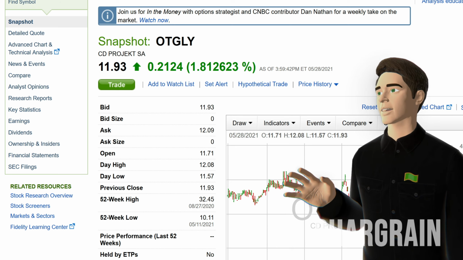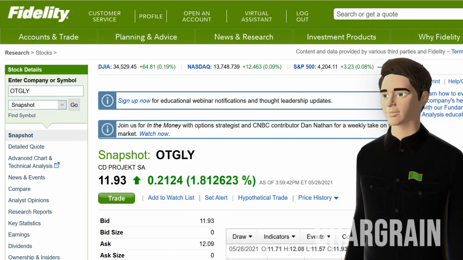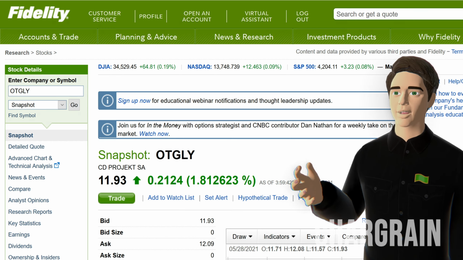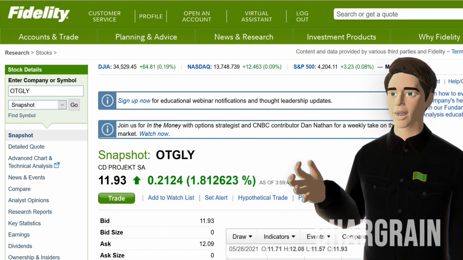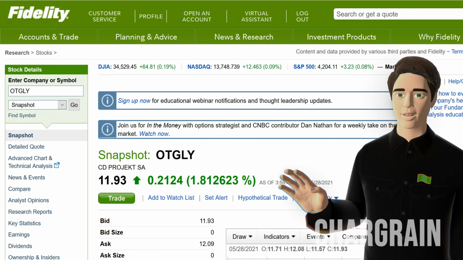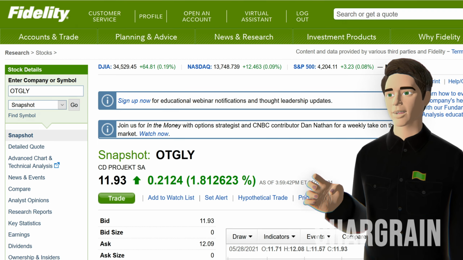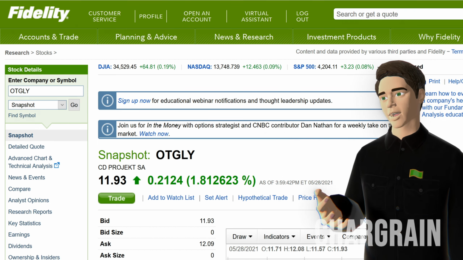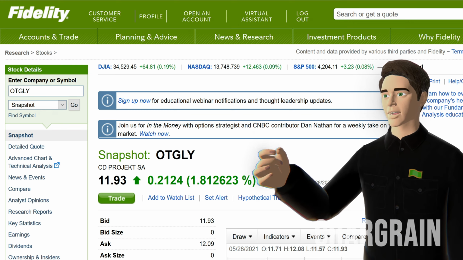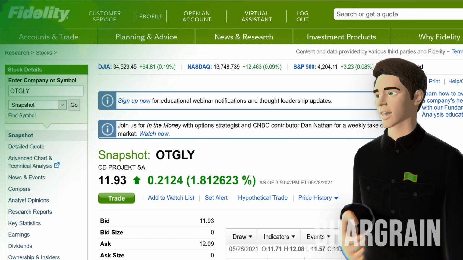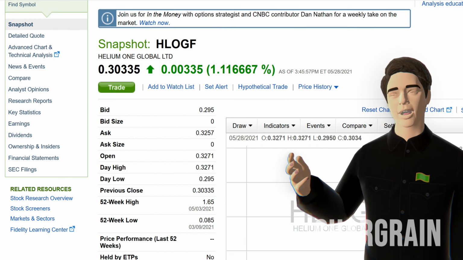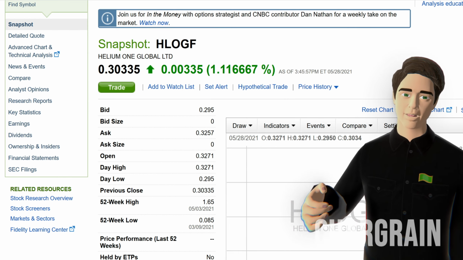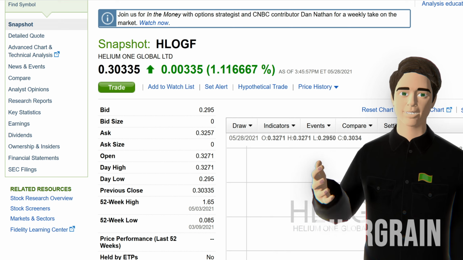Now, if you want to buy individual international stocks, I've found that with brokerages like Robinhood and M1 Finance, many foreign stocks just straight up aren't available. You literally can't buy them. So to buy individual foreign stocks, I recommend the brokerage Fidelity. That seems to have the most availability of foreign stocks. Again, you have CD Projekt Red on here. That's a Polish company. We can search another example. The company Helium 1 is based out of Tanzania. It's a helium extraction company. It's available on Fidelity, so that's the best one to use.